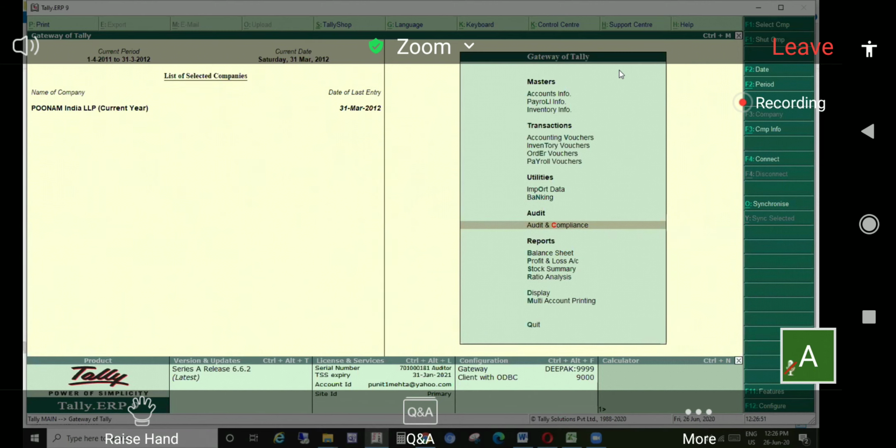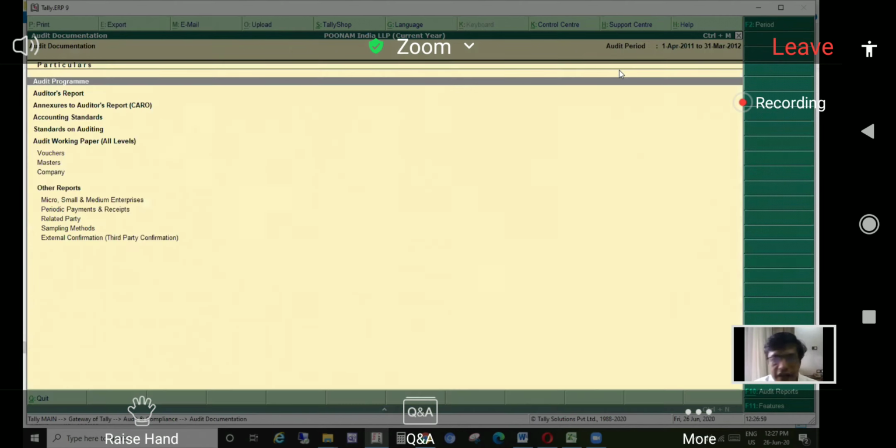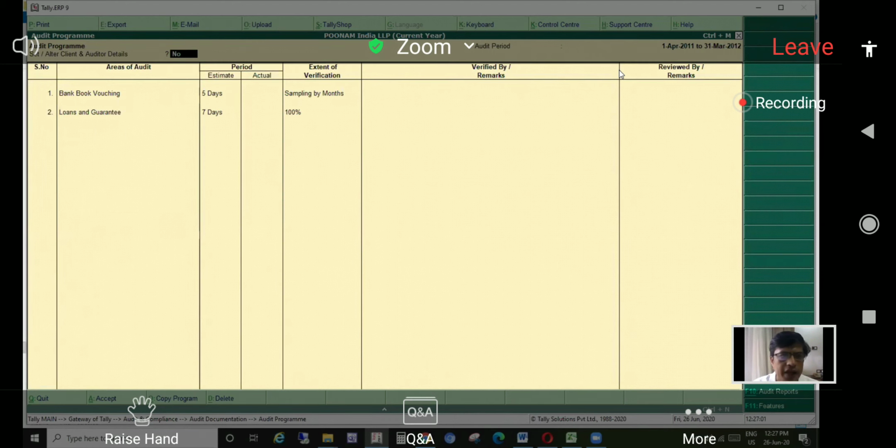Before we move to this audit tool, there was one question: in audit documentation, how do you create a new plan? How do you create new areas of audit?